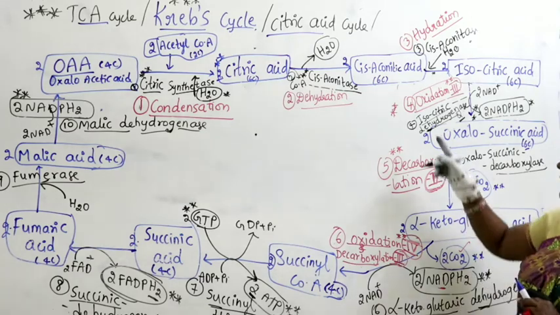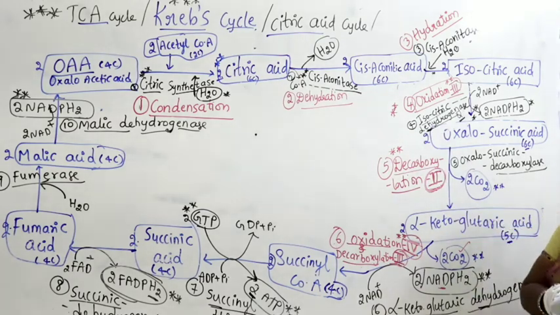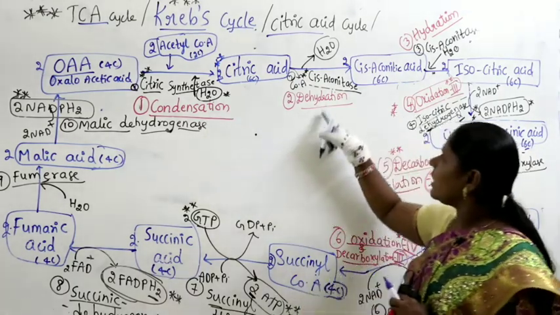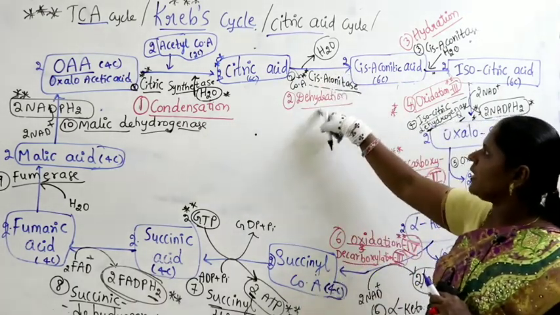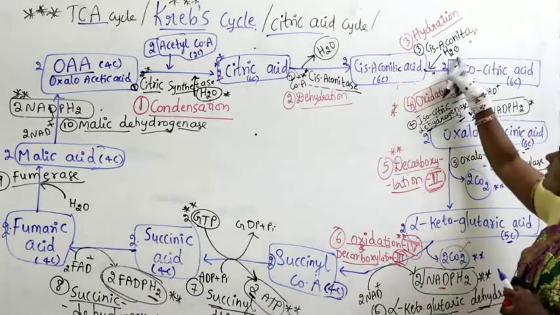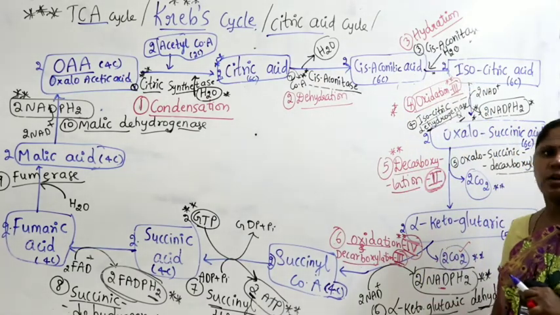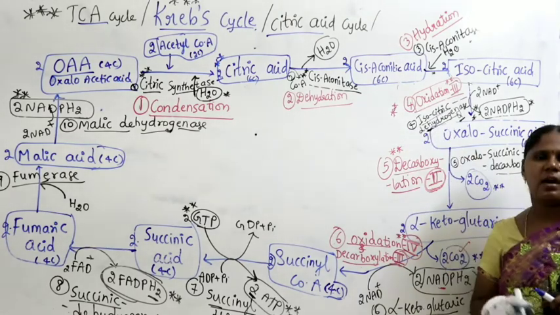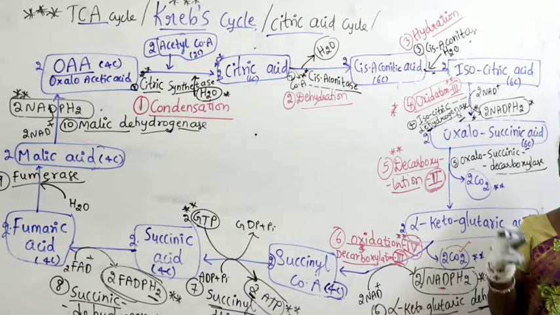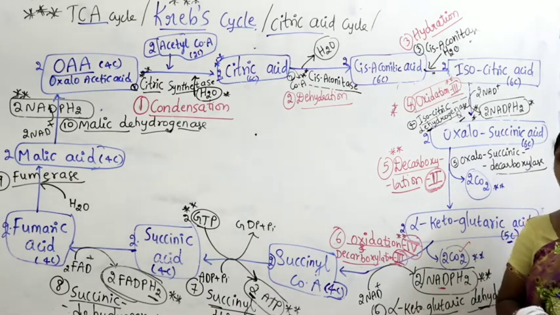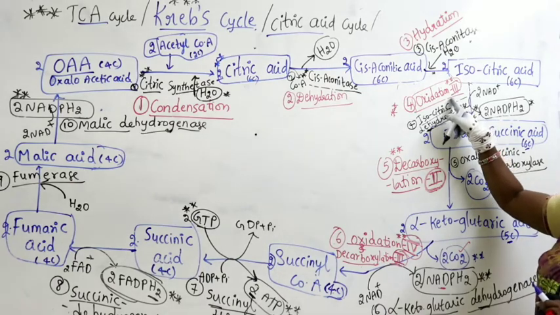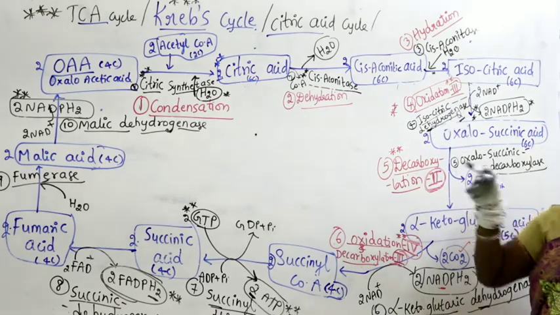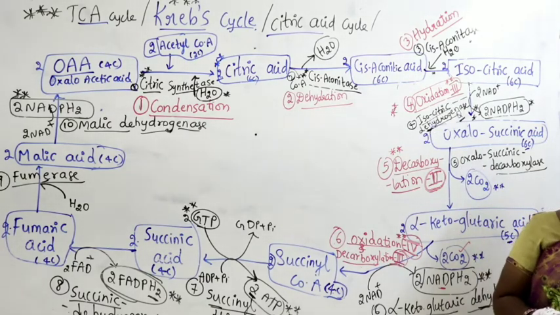And the fourth thing we are writing is the name of the reactions. Up to where we have reached here, the first reaction is called condensation, the second reaction, water is going out, it's called dehydration, third, water is adding here, so hydration, then from the fourth step onwards oxidations will begin. Oxidation number 1 occurs in glycolysis, oxidation number 2 occurs in link reaction, oxidation number 3 occurs in isocitric acid to oxalosuccinic acid. So oxidation 3 begins in Krebs cycle.